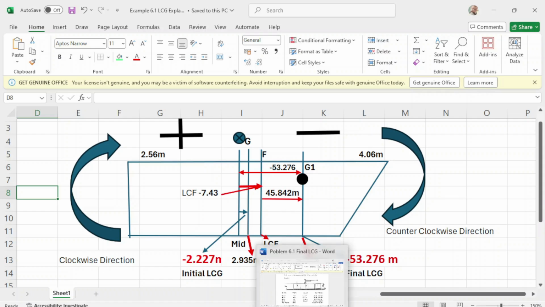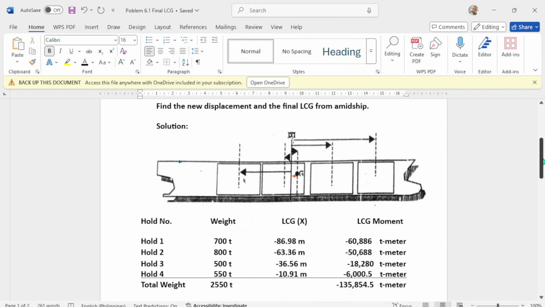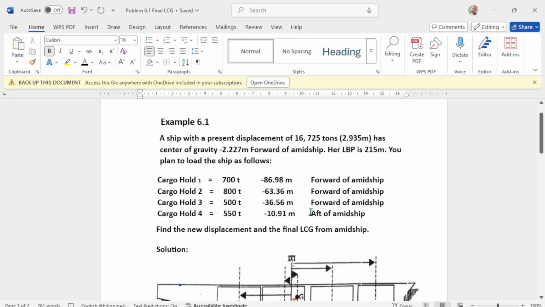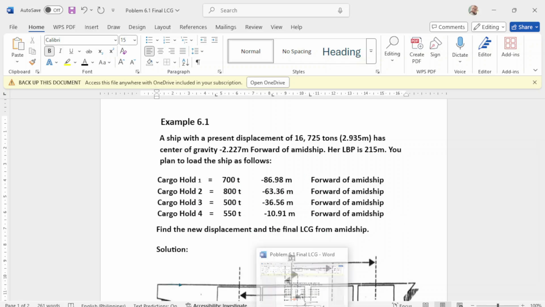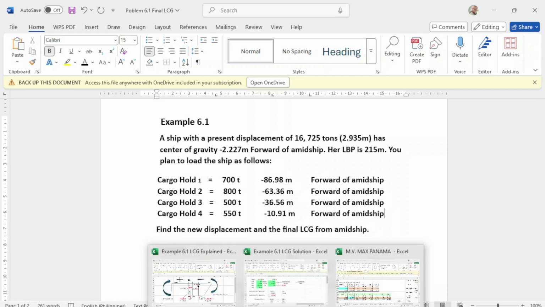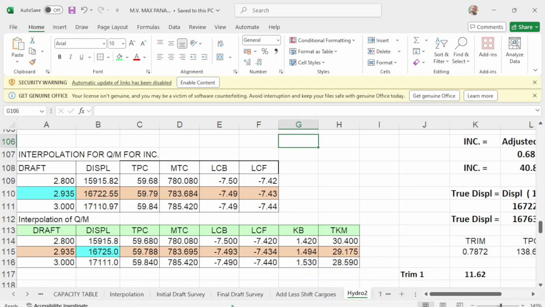Okay, let's proceed. This is forward also, because it's negative. So all on the forward part of the vessel. We will check the LCG of the vessel. Say go to Panamax, then you go to the capacity table.